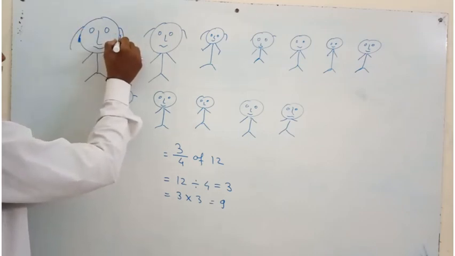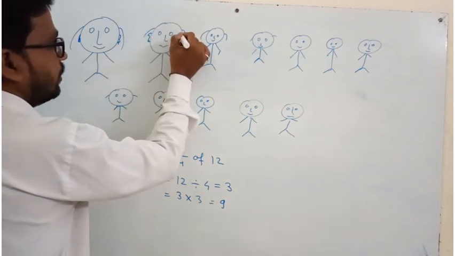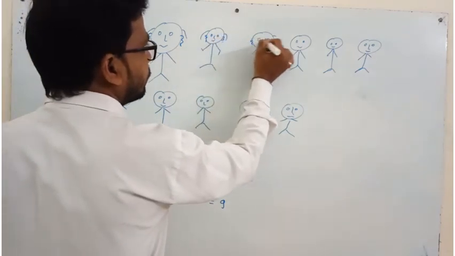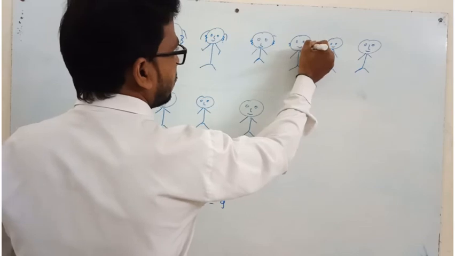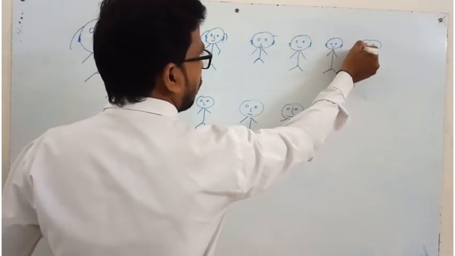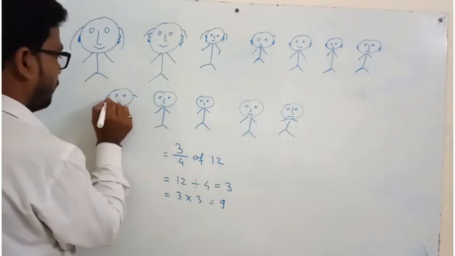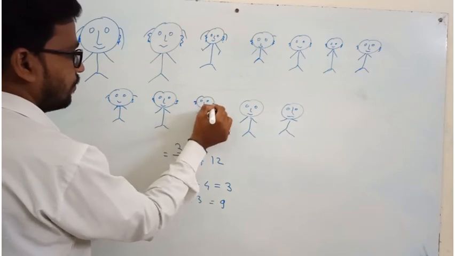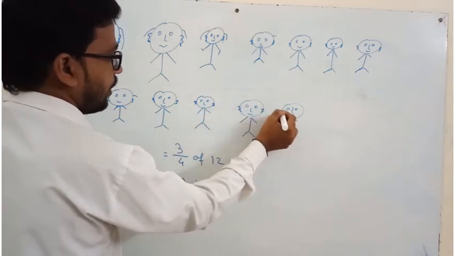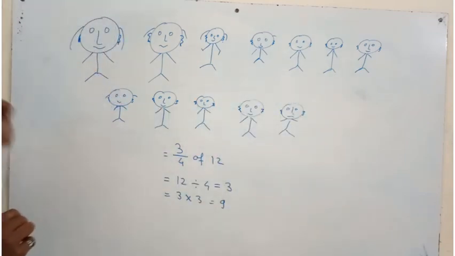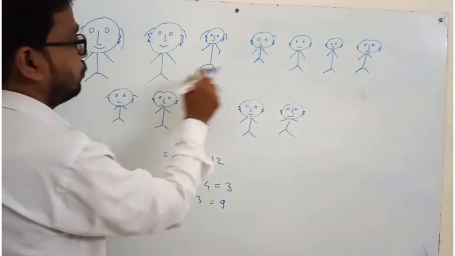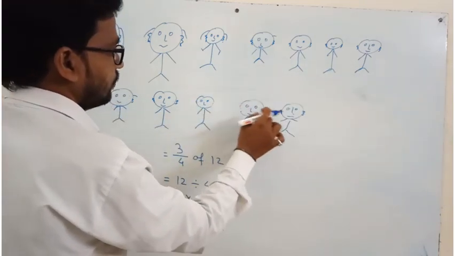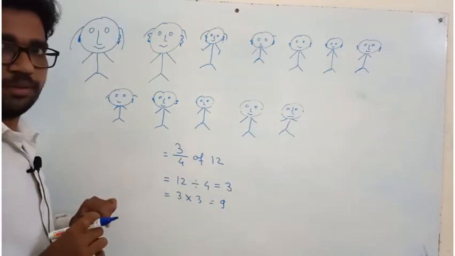Okay. Suppose it is ears and you can draw earrings here. So I draw just like this. But you can draw a nice one, because I know that your drawing is very nice. Okay. So now, we have to draw only 9. 1, 2, 3, 4, 5, 6, 7, 8 and 9. Okay, don't draw all the friends.